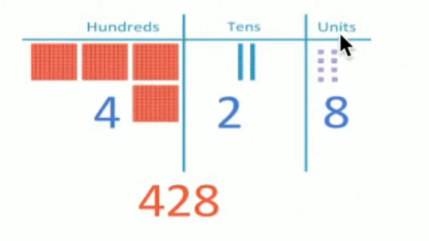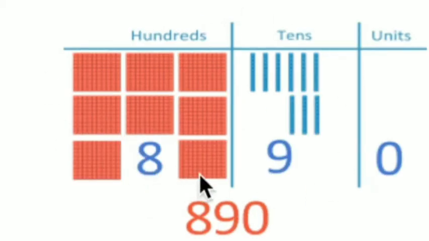Let me see the next problem. Here in ones place the name is written as unit. We can also call ones as units. There are 8 single blocks, so we have to write in units place as 8. In tens place we have 2 ten blocks, so we have to write the number as 2. In hundreds place there are 400 blocks, so we have to write the number as 4. Now we have to join all these three numbers together using places. 400, 2 tens and 8 ones. 428.